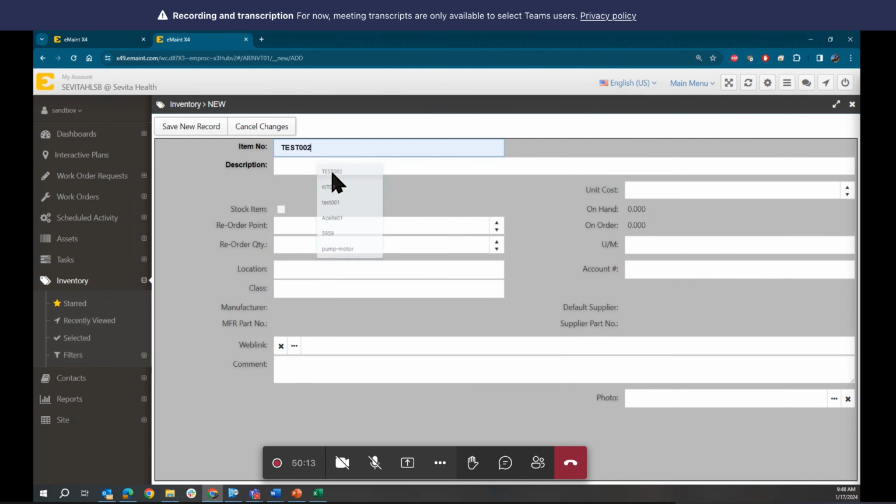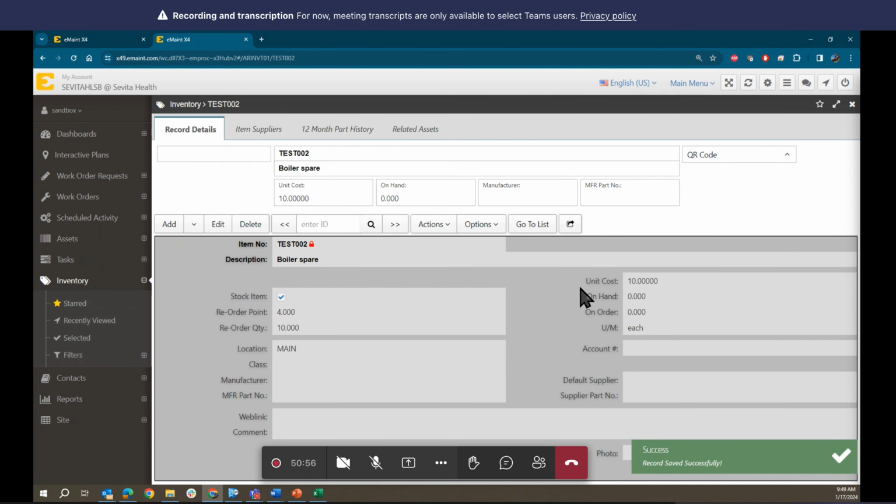Eden is a test part description, boiler, per stock item, reorder point is 4, reorder quantity is 10, unit cost dollars, location is the main warehouse, unit of measure is each, and we can add a photo for this. So save the record,